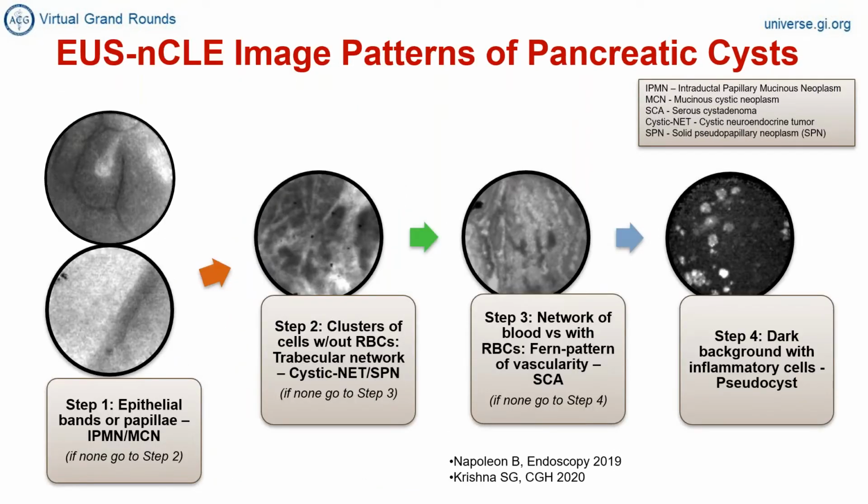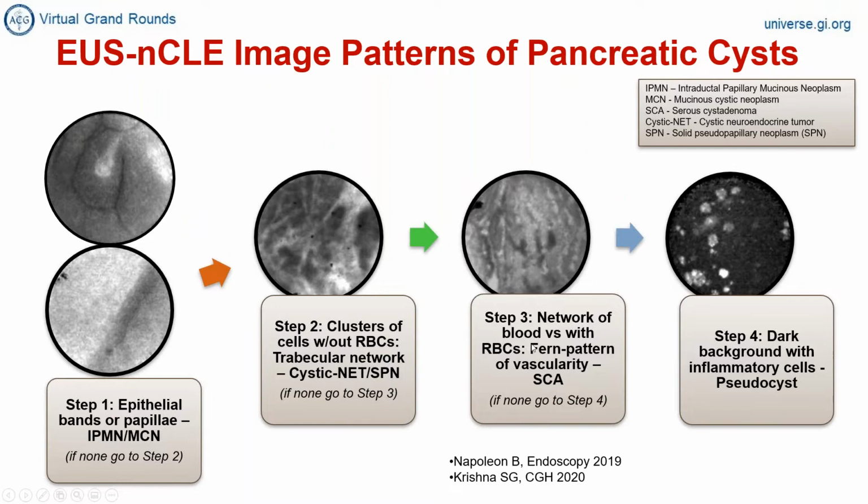So endomicroscopy has key diagnostic features on imaging. For mucinous cysts, you either visualize epithelial bands or papillary structures, as shown in these pictures. For diagnosing either cystic neuroendocrine tumors or solid pseudopapillary neoplasms, the classic description is what's called a trabecular network pattern, which is clusters or groups of cells separated by the stroma of the cyst. A cystic neuroendocrine tumor and a solid pseudopapillary neoplasm cannot be differentiated just based on endomicroscopy and need EUS with